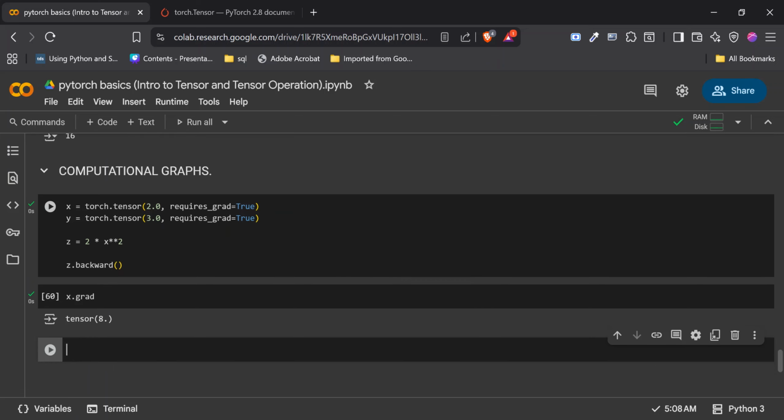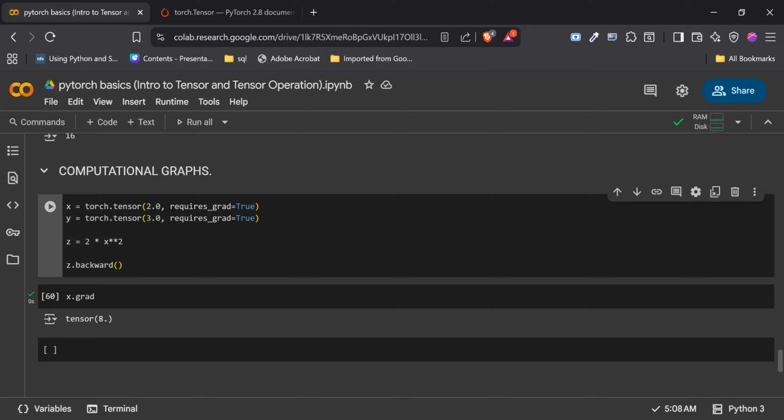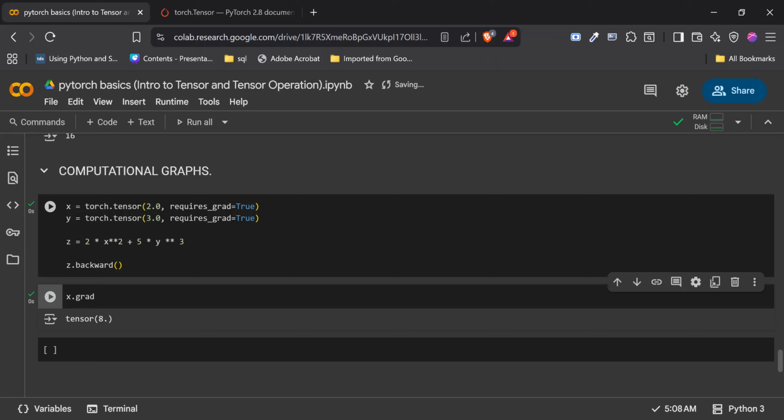If we do the same thing, let's say we have z as another function of y. Let's have them together here. So let's say z equals 2x squared plus 5 multiplied by y**3, 5y cubed. Now if we run this z.backward,